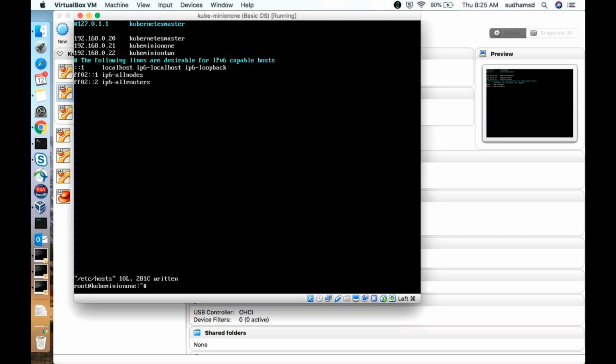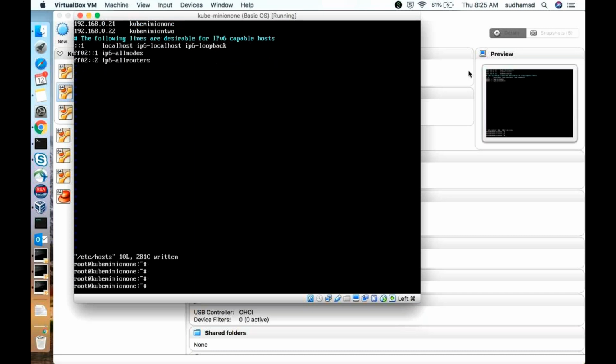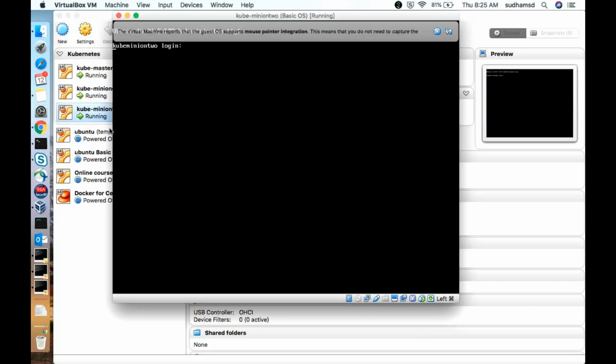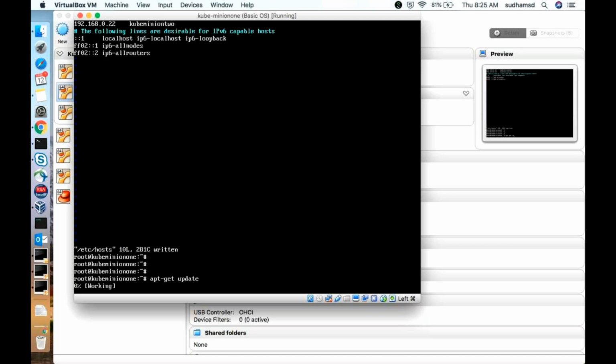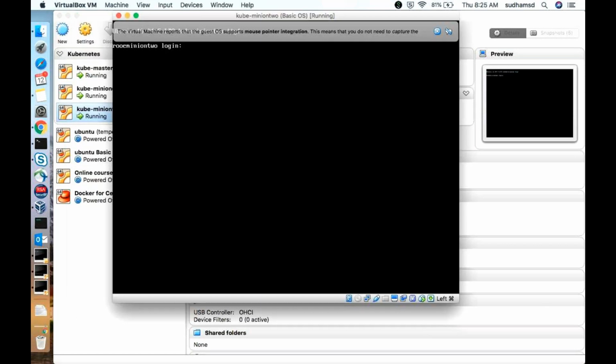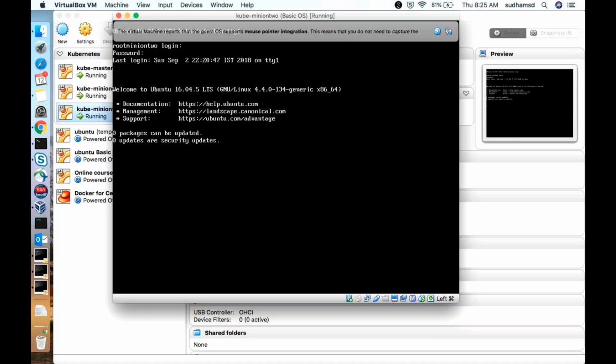Go to the third server, second server, just do an update. Log into this server. Here also I forgot to give a proper DNS entry.